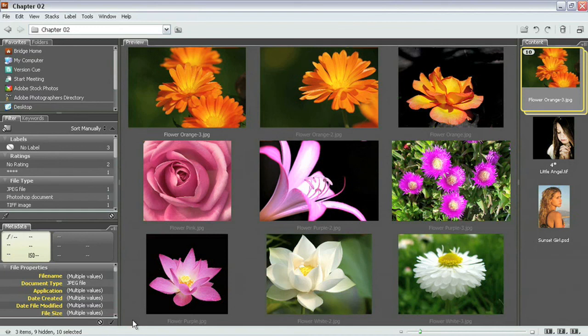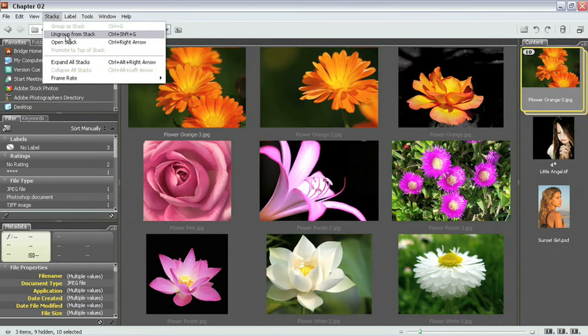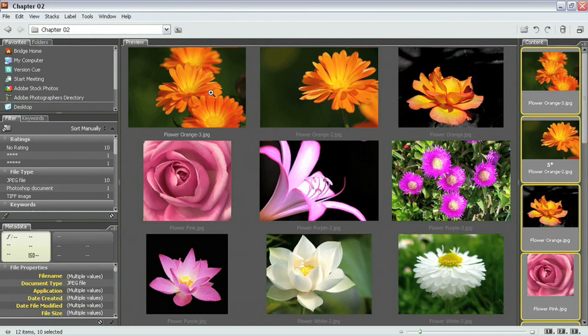All right, so we talked a little bit about how to rate your images in slideshow mode, but now let's take a look at how to sort, rate, and rotate those images here inside of the Bridge itself. So what I'm going to do is ungroup this stack that we've created. I'm going to do that simply by coming up to the Stacks menu. I'm going to choose Ungroup from Stack, or you could use Control-Shift-G, or on the Mac, Command-Shift-G, and that would